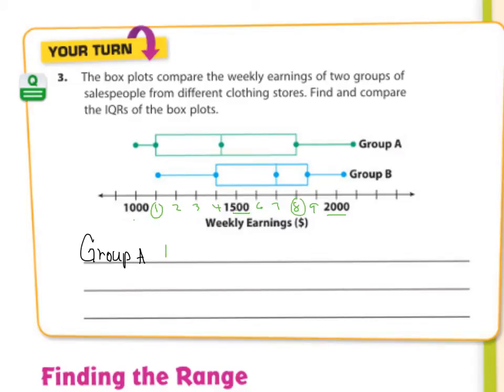So let's find the interquartile range. Range means you subtract: 1,800 minus 1,100. And that's 700. What is it, weekly earnings? So that would be dollars. And then Group B, it's in blue. I'm going to do blue. Group B,